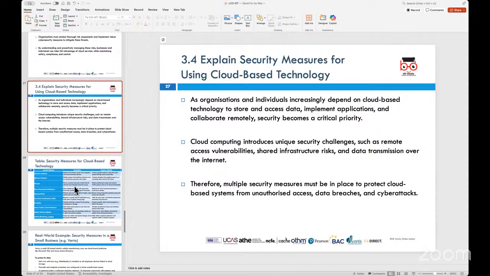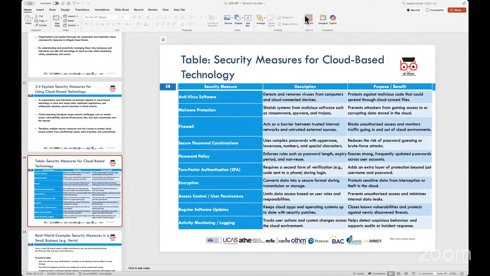The last assessment criteria is looking at what could be the security measures that we could install to make sure that the data stored on cloud-based computing infrastructure is safe. So there could be a series of things that we could do as a business, as an IT administrator, to secure this data. Now, what are these things? Some of the things that we are aware of.